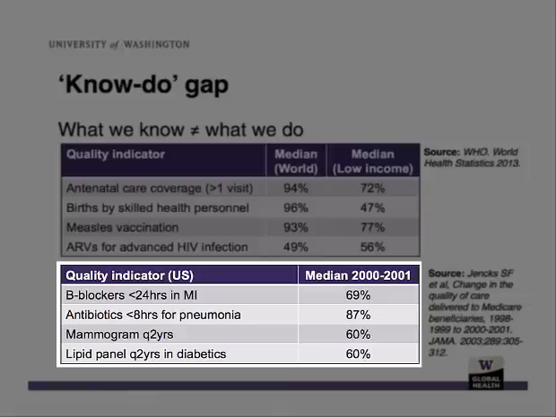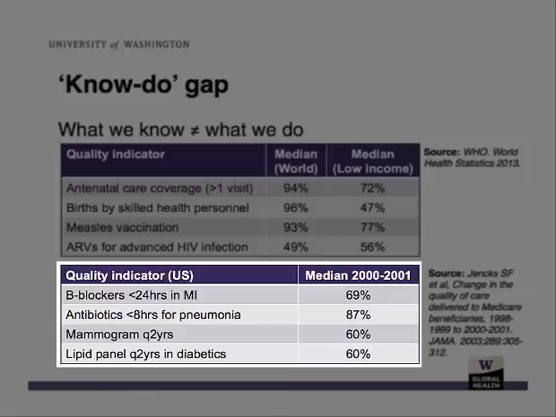If you look at these data, they come from our Medicare system. And for those who do not know the Medicare system of the United States, it is essentially a universal insurance coverage system primarily for older Americans, those over 65 years of age. And looking at some basic quality indicators that are highly protocolized or that are covered by health insurance and are supposed to be administered routinely to patients who have entered into the care system, you see that we fall quite short of our aspirations or our goal.